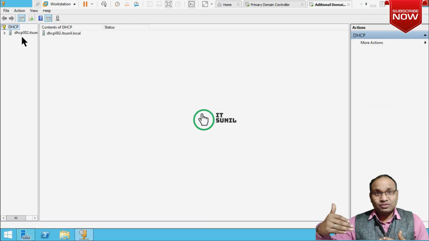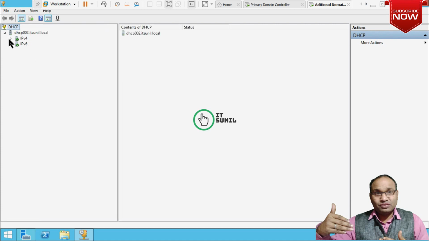Now you can see here is the secondary DHCP server. Here I did not configure any DHCP scope, nothing else, because this is my secondary server, so we need to create it as a partner DHCP server.